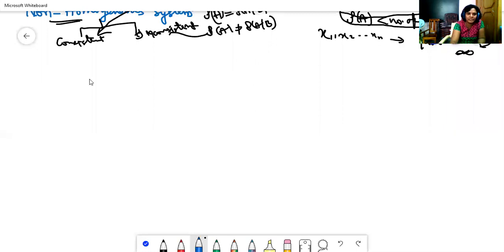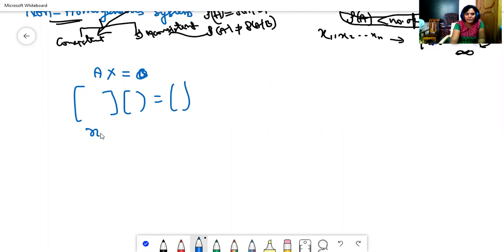How to find out such type of equations: we can take Ax equal to 0. We can take the coefficient matrix, the A matrix, and the right side is a 0 matrix. By using row elementary operations, it reduces to upper triangular matrix form, and again we write it in linear equations.